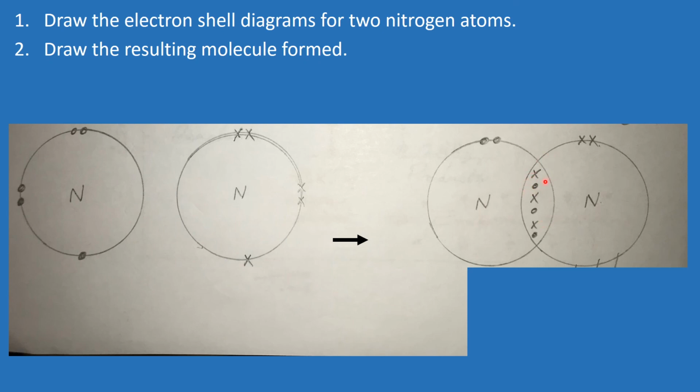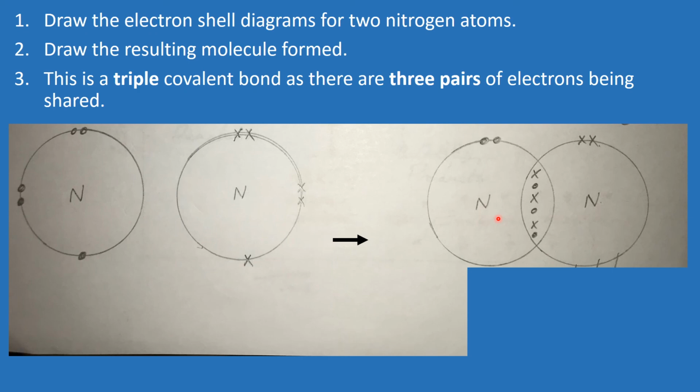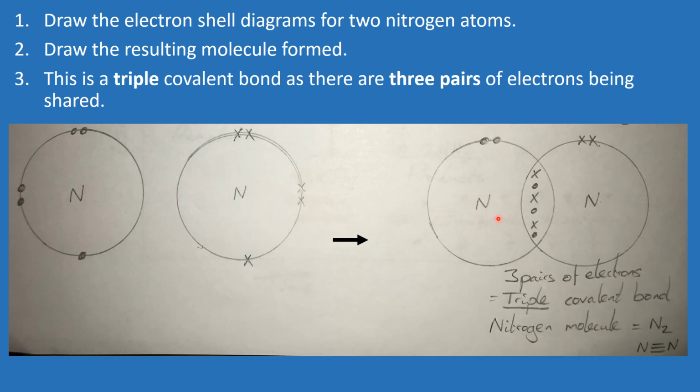Now remember, 1 pair of electrons equals 1 covalent bond, so we've got 1, 2, 3 covalent bonds here, which we would call a triple covalent bond. Incredibly strong, incredibly hard to break, which is really important for us, and it means that nitrogen is incredibly unreactive, which also causes us some problems as well. So nitrogen molecule N2, and we can represent that triple bond with 3 lines in our structural formula between our 2